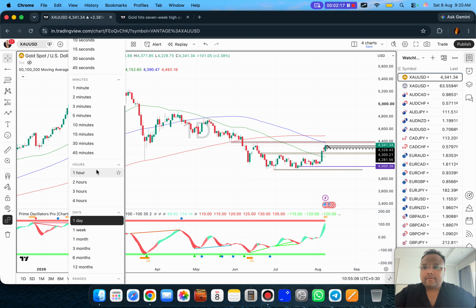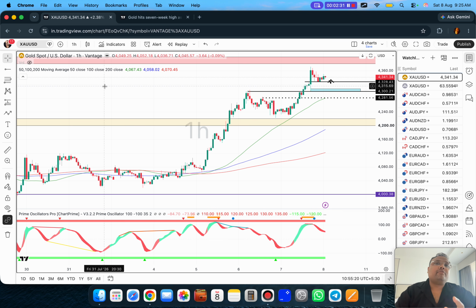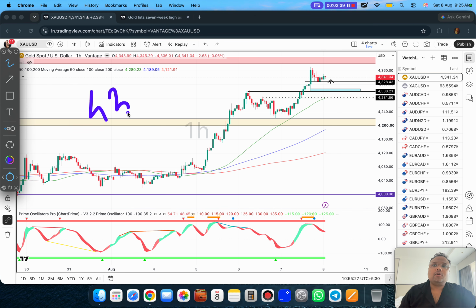For the last couple of days and weeks, I have been saying that swing traders, this is not the right chart for you. And still, I feel that gold may not be the right chart. After 4400, maybe you'll find some sweet opportunities. But if you have any ongoing buy on gold right now, you can hold your buy position as long as gold is trading above 4300. If gold breaks 4300, you need to close your positions, because we can clearly see that gold is still not over 4400 yet, and there is a possibility of the market going sideways as well.